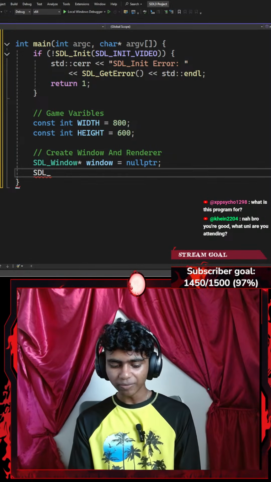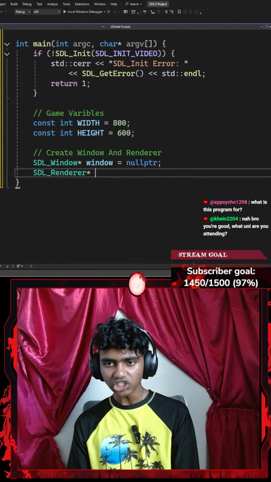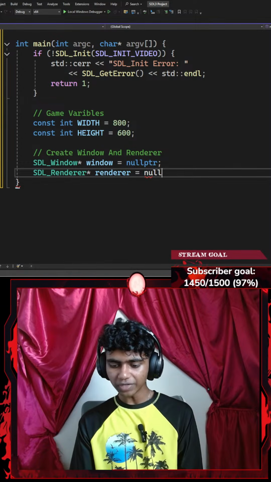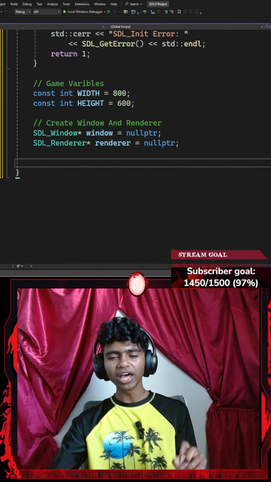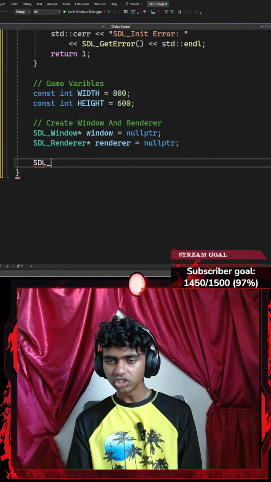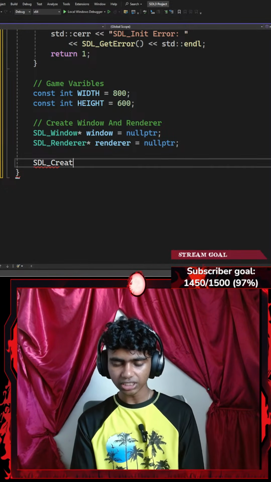Okay, then I'll go with something like SDL_Renderer. I'm going to be creating a renderer now. Let's create a pointer for my renderer local variable, which is going to be set to something like null, ending with a semicolon. Now let's go ahead and actually use the function that creates my window and renderer at the same time. To do that, I could go with something like SDL_Create